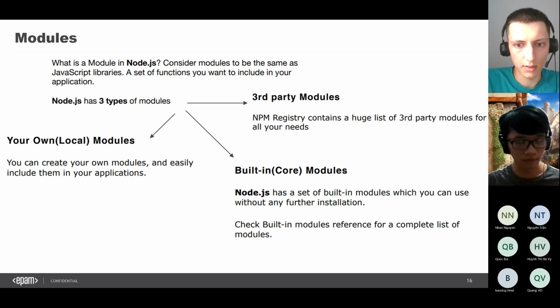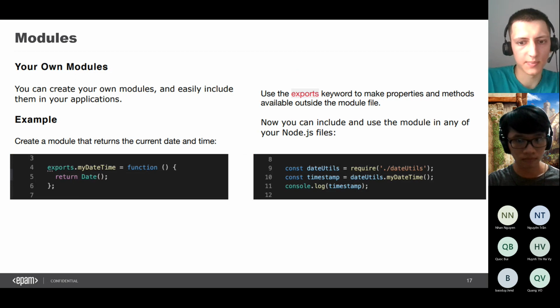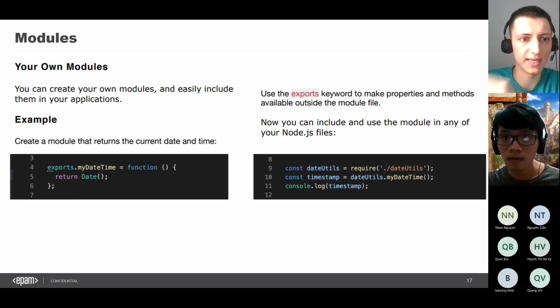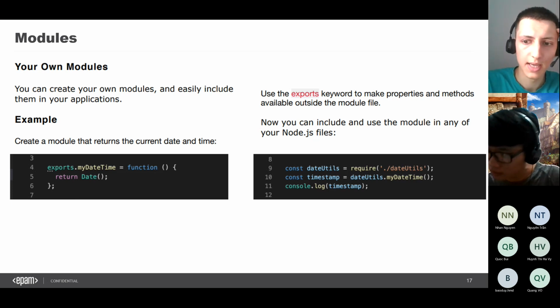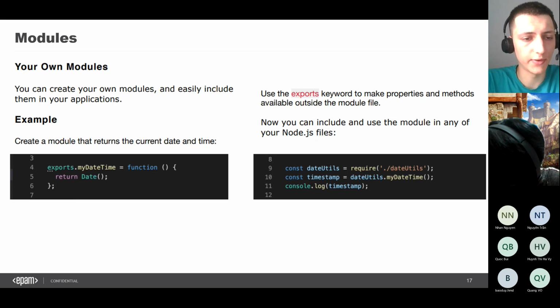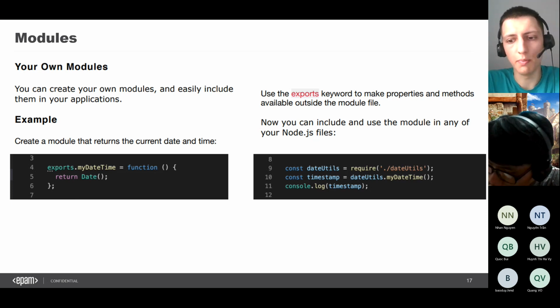Okay, let's continue to our presentation. Talking about modules, here is an example of local modules. For example, we would like to create a myDateTime function. We can create this myDateTime function in some file, and inside this file, we create the function. But to make it possible to import this function from another file, we need to create